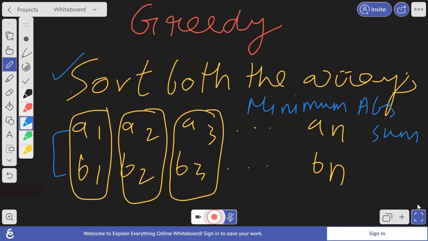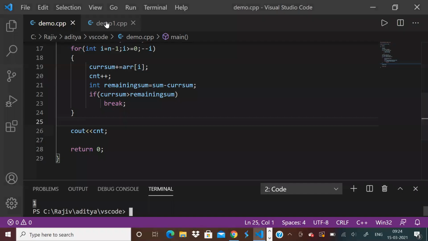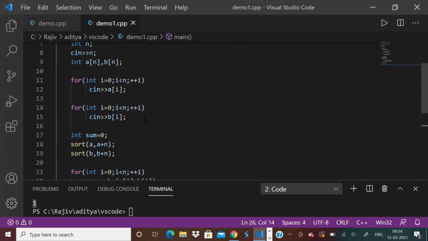So the question is nothing but sort both the arrays and just find out the absolute difference of the corresponding elements in the first and second array and keep taking the summation of that. So what is the code? I think everyone would have already solved this. Nothing great here.